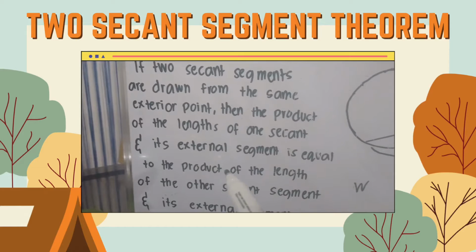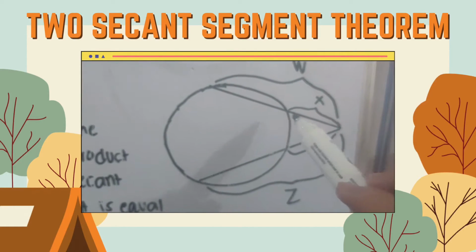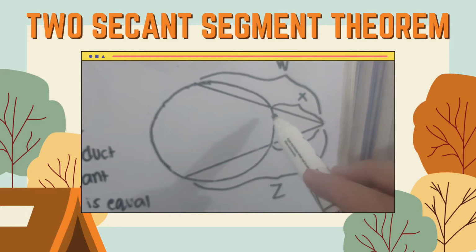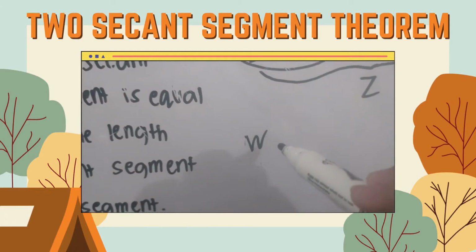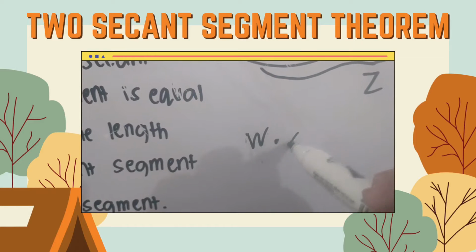And its external segment, which is X. So W times X